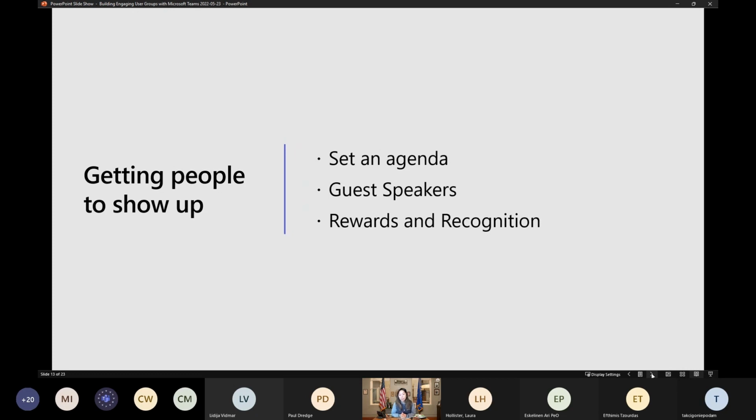And the other thing too is rewarding and recognizing people. When I do meetings, by the way, I don't typically do these sessions because it feels like I'm just talking all the time. I really like to hear other people speak and share their perspectives. And so a lot of the time when I do run these meetings, I spend some time rewarding and recognizing